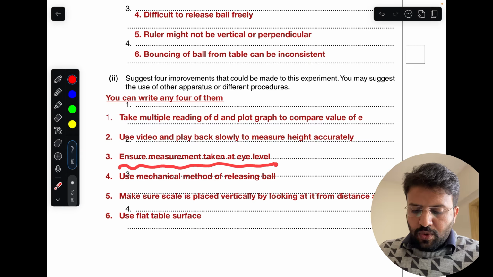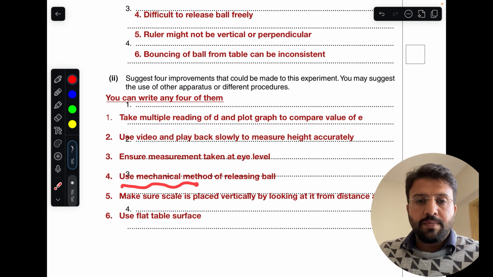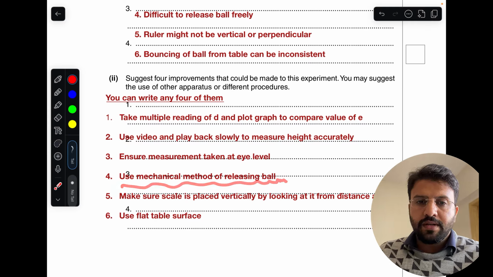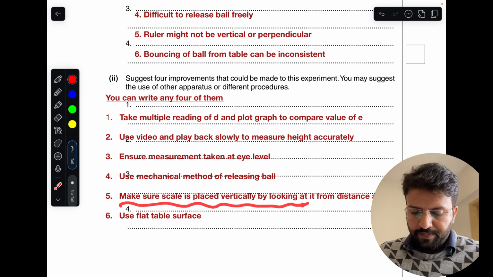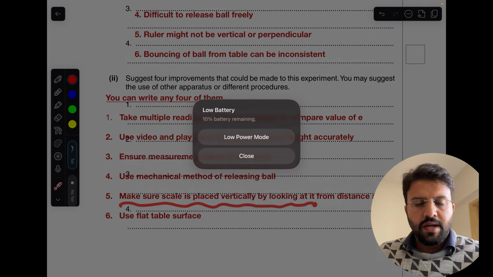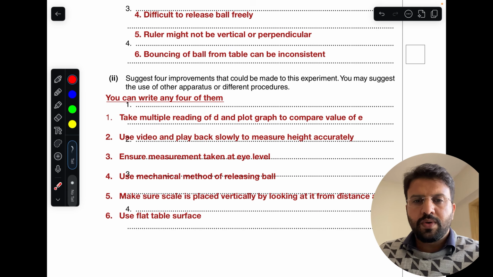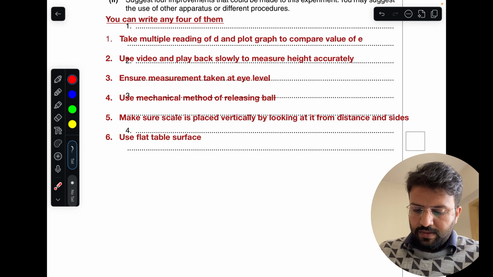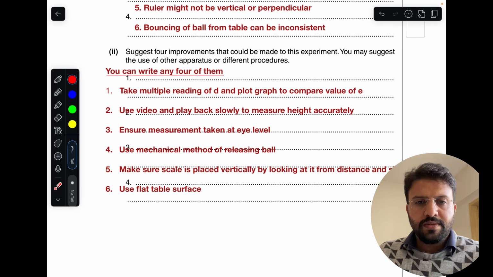We can ensure measurement is taken at eye level to avoid the parallax error, right? Use a mechanical method of releasing the ball, so no force will be applied on it. It should be falling freely. Make sure the scale is placed vertically. Okay, how can you make sure of it? You can see the scale from a distance, from the sides, to make sure it is placed vertically, and you can judge it easily. And you have to use a flat table surface. So this was the last part of the question. So see you in the